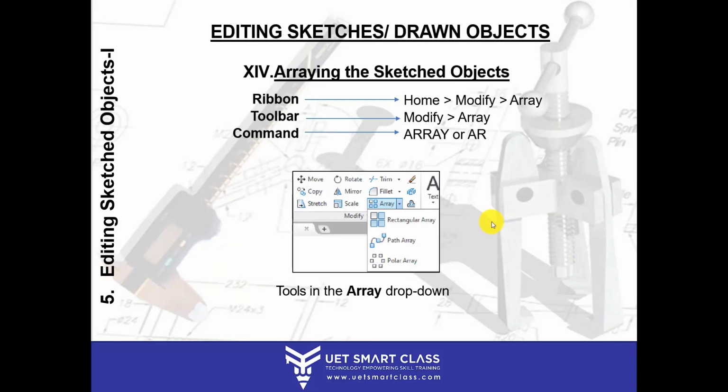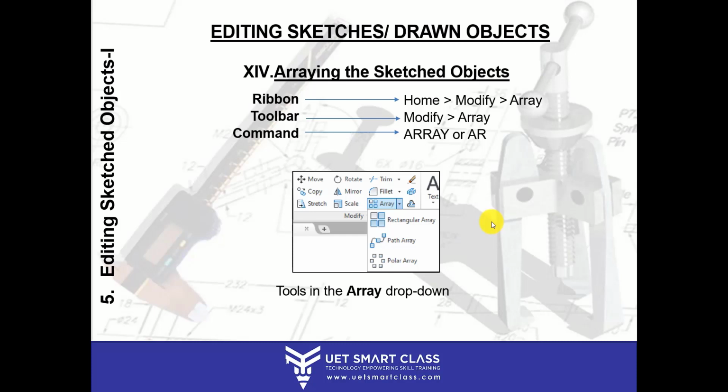Okay. Now, today we will be learning a new tool. This is also a very important tool because this will actually be applied so many times, and it is a tool which will help you in reducing your time of completing your project or your assignment or your drawing.